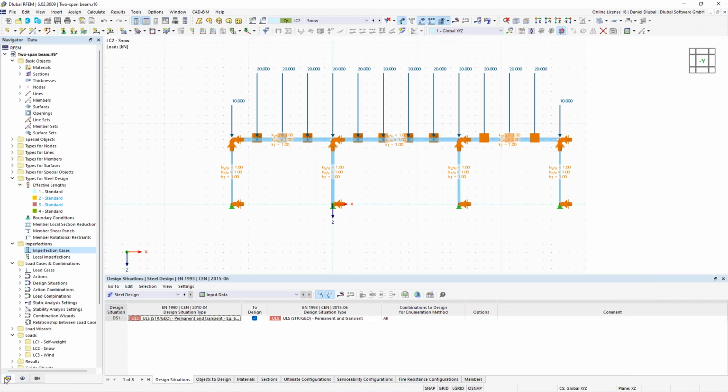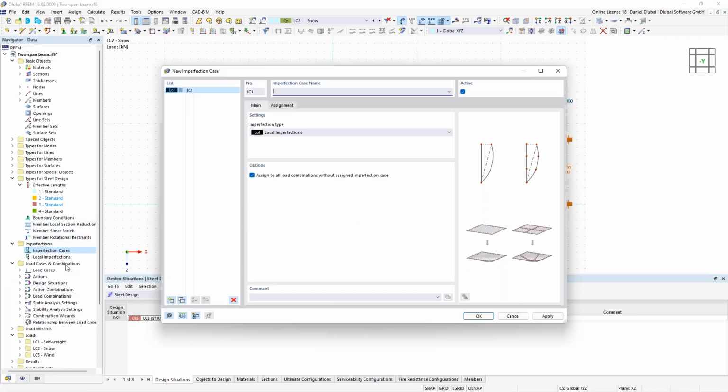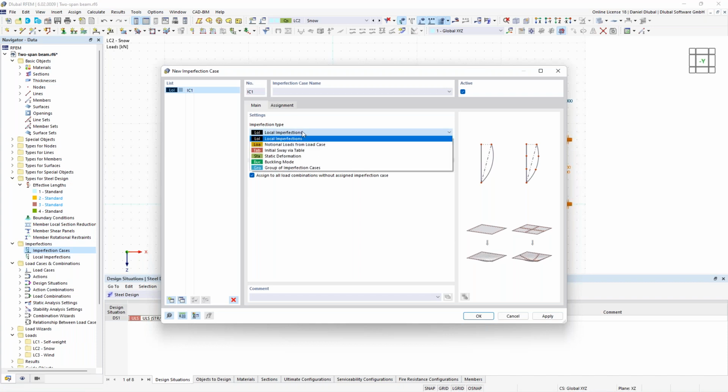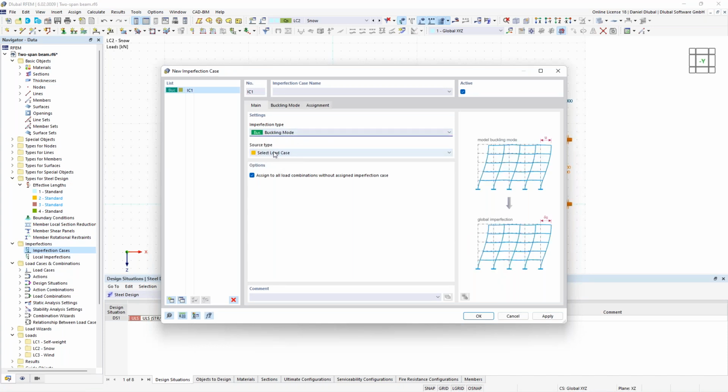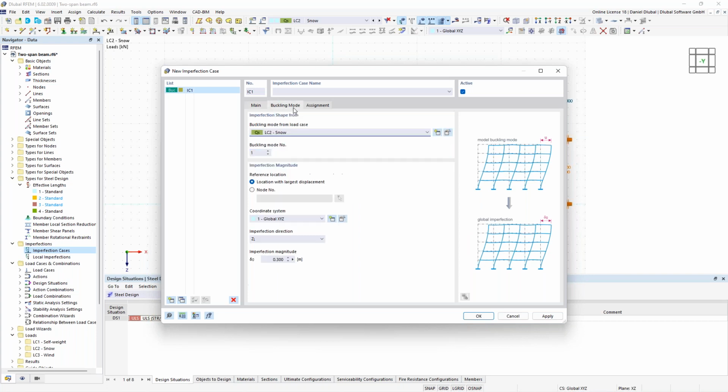And now I go again here to the imperfection, create a new imperfection case, and my imperfection type is now the buckling mode. And here I select the load case, and the load case is in this case load case 2. Buckling mode number 1 is the right one, and the imperfection direction should be in the global X direction with an imperfection magnitude of